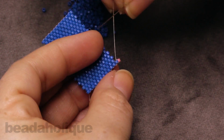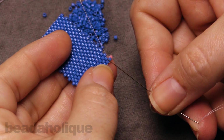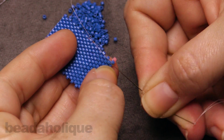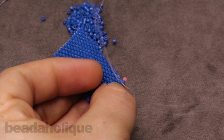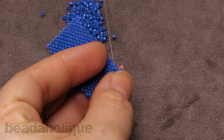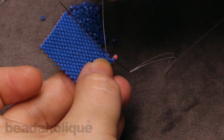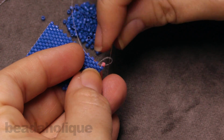So we're just creating a little extra row there. And then we're going to go down through the next bead of the next row there and pull our needle all the way through. And then you're going to go through the next up bead that's right there. And you're just going to repeat, because you can see that we have that same